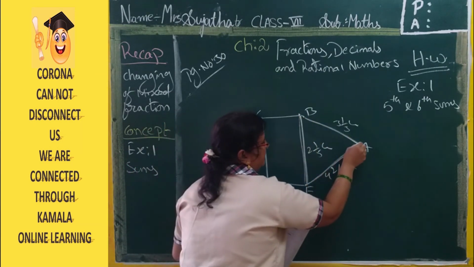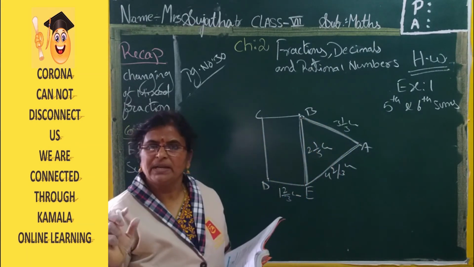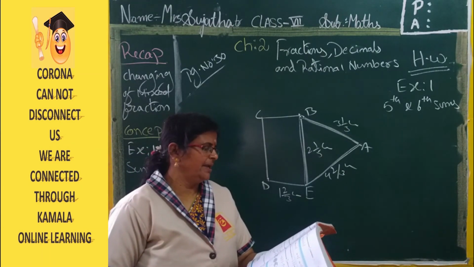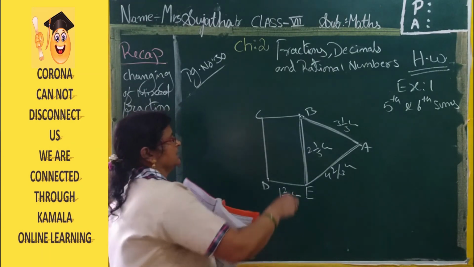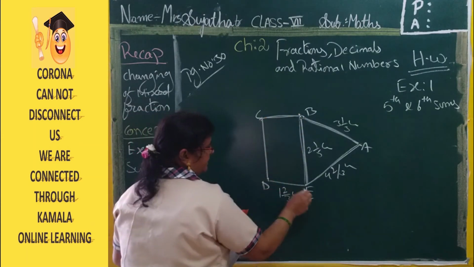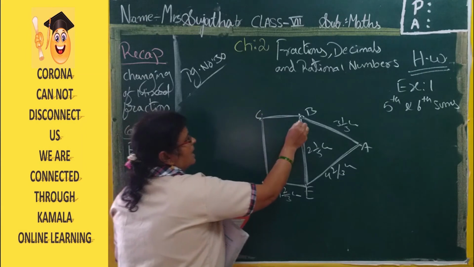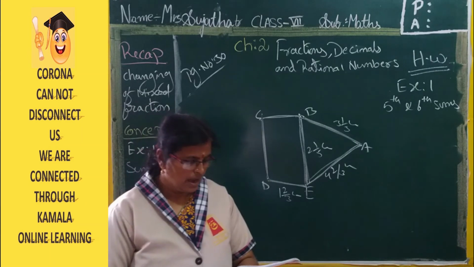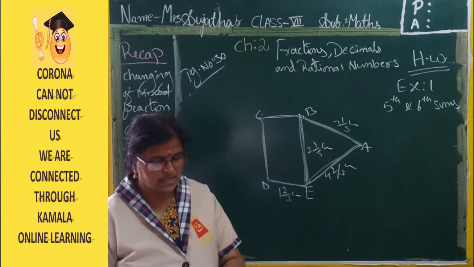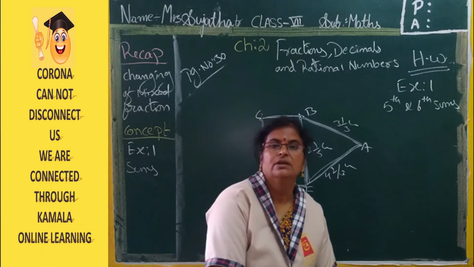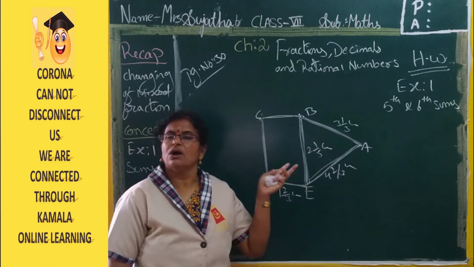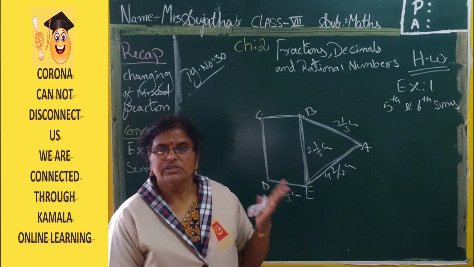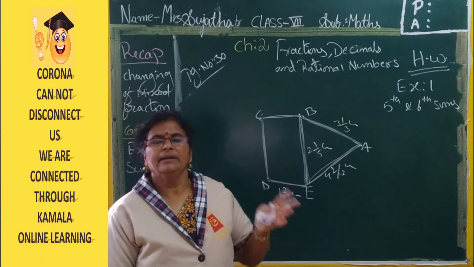This triangle ABE perimeter we have to find first. Second, the rectangle BCDE in this figure. So this is a rectangle, no? This rectangle BCDE perimeter and this triangle perimeter you have to find. After that, what do you have to do? Which figure has greater perimeter and by how much? So after getting these 2 perimeters, you have to compare. Which perimeter will be more, that you have to say, and by how much?